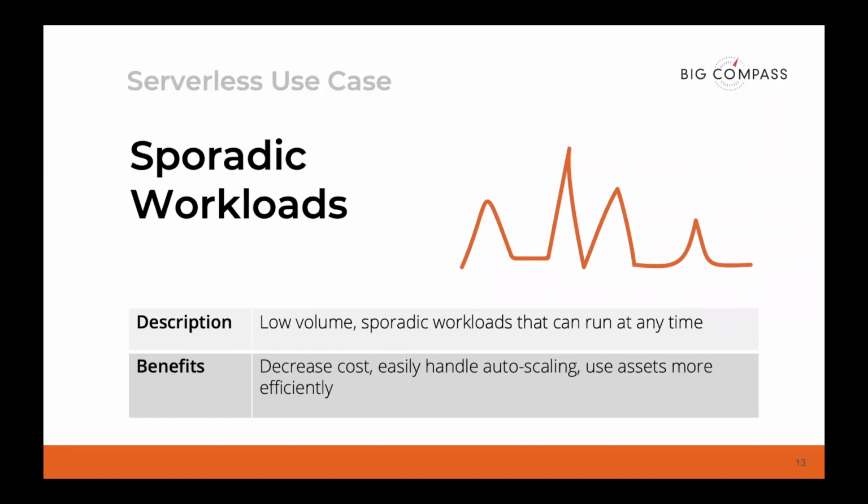And today, again, you might have a server that's always on to handle this request. But with serverless, you're taking advantage of being able to scale out and being able to scale back in. And the beauty of auto scaling is not just that ability to scale out, you're scaling back in. Again, for most of the day here, you're only taking those on-demand, sporadic requests. So with serverless, you can invoke that processing layer at any time. Otherwise, it's dormant, and that allows you to use your assets more efficiently and process very quickly. So again, you might only have your Lambdas on for maybe an hour out of the day, depending on these sporadic workloads.